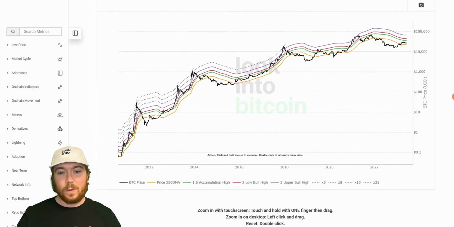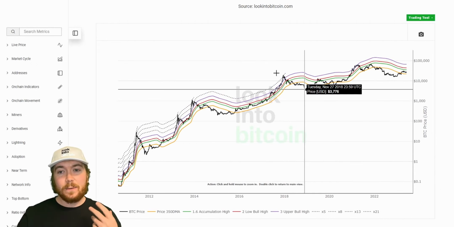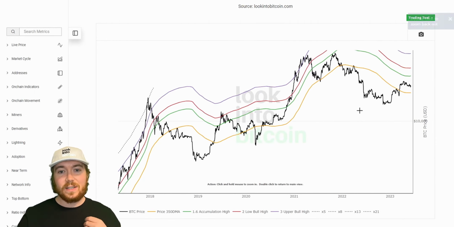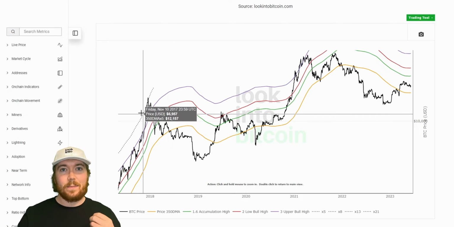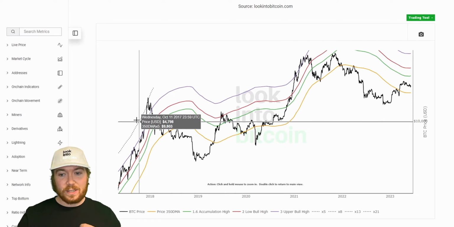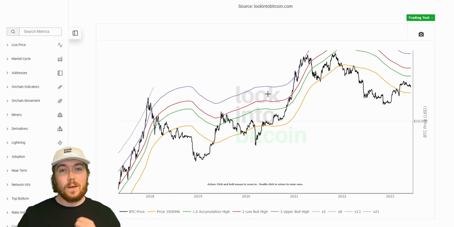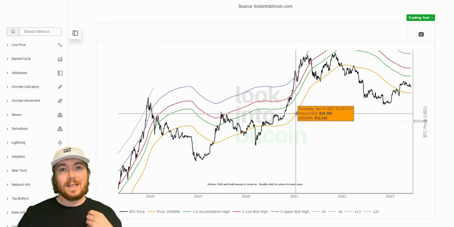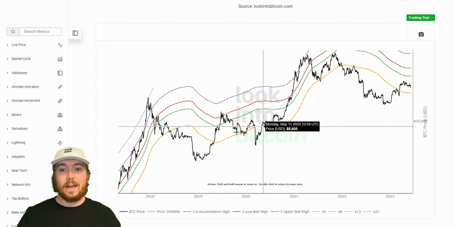If we just go down, we have a little bit more of the calculation and methodology behind this. But ultimately, if we zoom in a little bit here, it shows that through all of Bitcoin's cycles, it has predicted the price peak with a great deal of accuracy. We can see here it reached the 5 times, and then in the most recent cycle, 3 times multiple of this average. So every time it's reaching a lower multiple, but ultimately it really is quite accurate at predicting